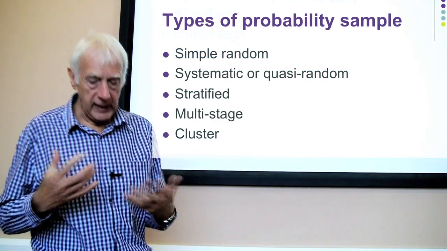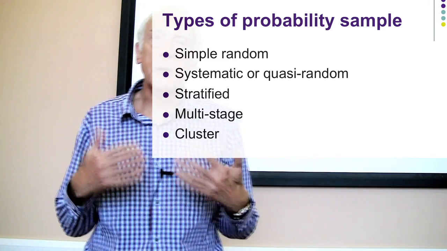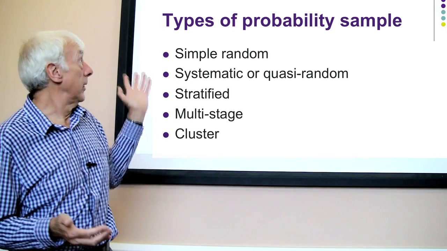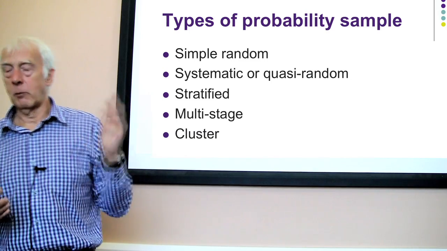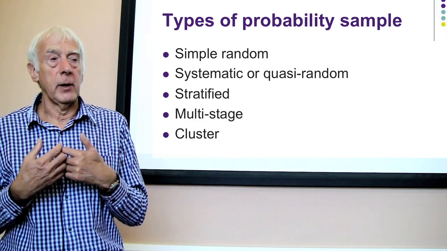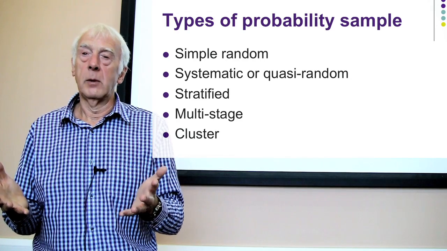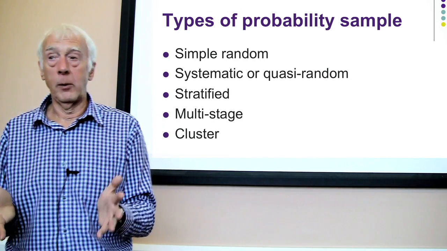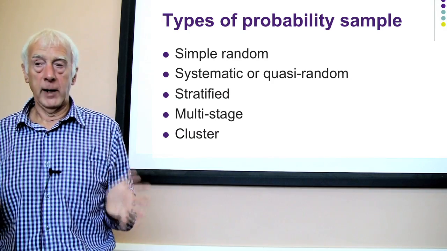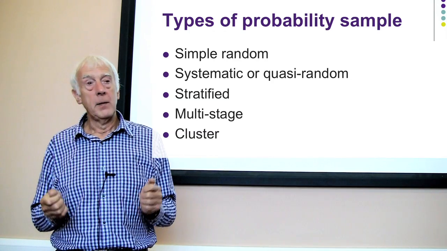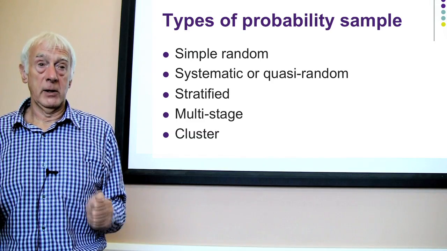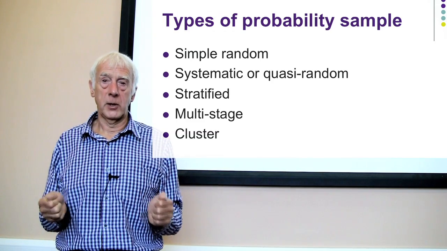Okay, well, I've already hinted at this by talking about stratification. There are different kinds of probability sampling. And here's the list of the ones I'm going to be talking about. These are the most common ones. Simple random sampling, the one you're probably familiar with, you just simply take a sample using random numbers from the population. And what you need for that is a list, the sampling frame, to take the sample from. That's not always convenient, so sometimes we do it systematically or quasi-random. And I'll tell you how that's done.